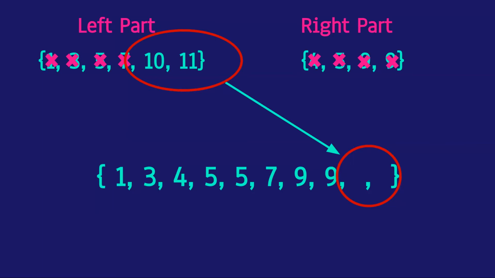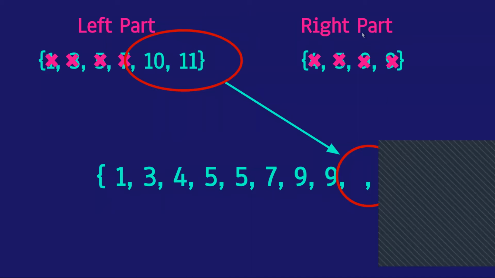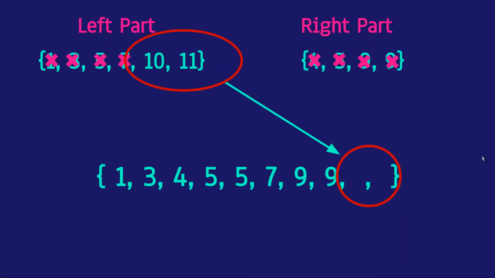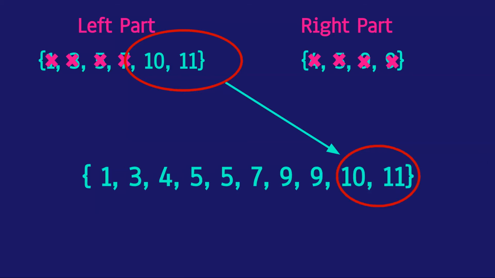What do you think we should do? We have some elements left in the left part. Because it was larger, it was obvious that some elements would be left out. But whatever elements are left out, what should we do with them? Exactly. So we just add that part. We just append it to the array. Whatever elements are left, we directly add them. We don't have to compare them with anything. So now we have this situation.